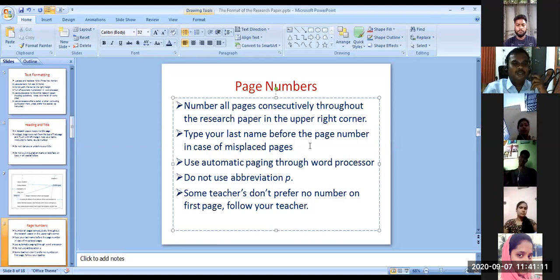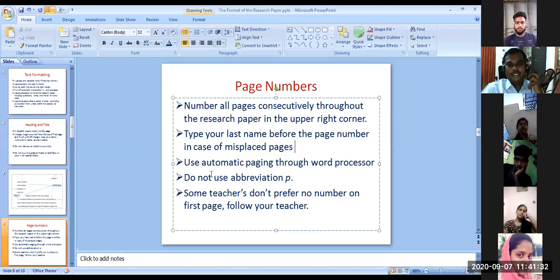I don't know what is my first name or last name. So your name is the first name. Your family name is the last name. That is to be typed. So your last name is to be typed before the page number, in case of misplaced pages, because then we can arrange them.